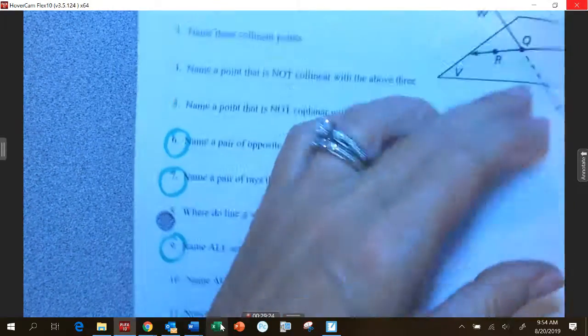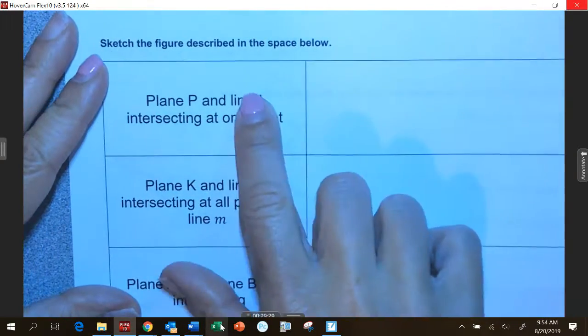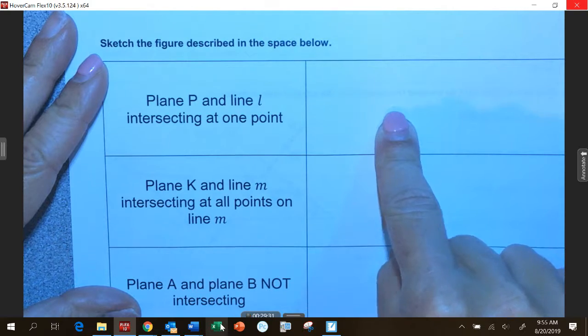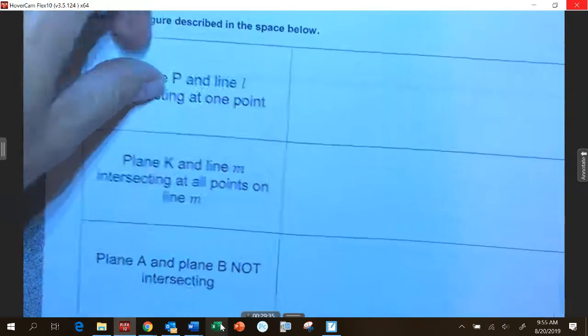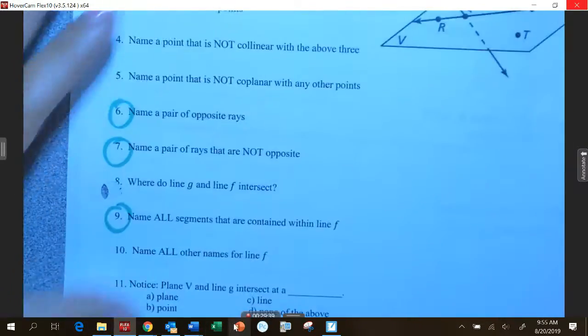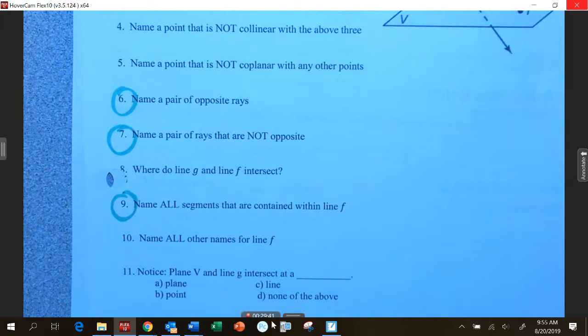On the back of the first page is a good place to start. On the back, you have to draw pictures. So we practiced doing some of it today. You have to draw pictures yourself. So that would be a good place to start when you get there. I'm going to go ahead and pass that out, and I'll keep that paused up there so you can see which ones